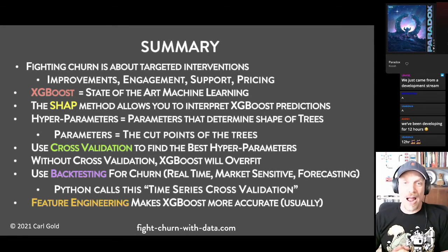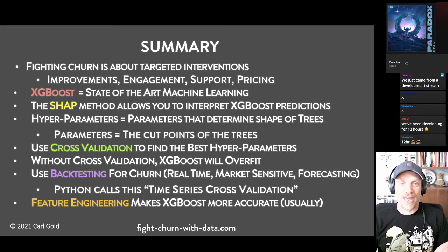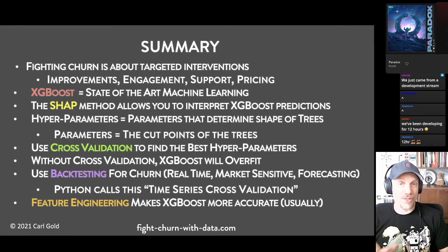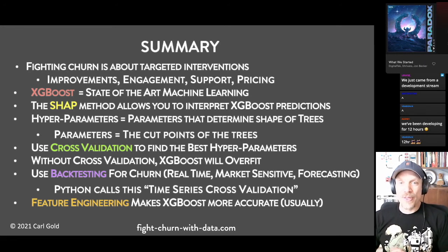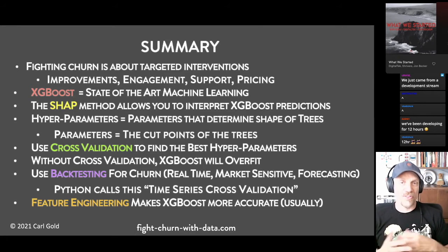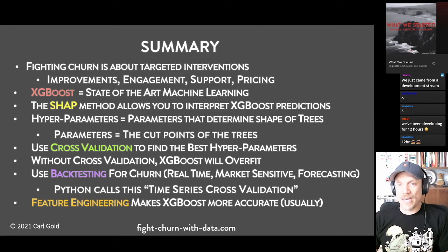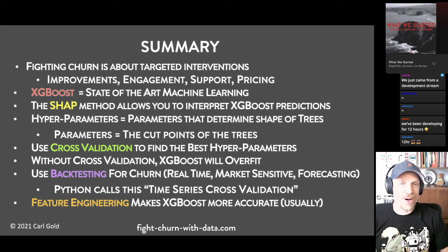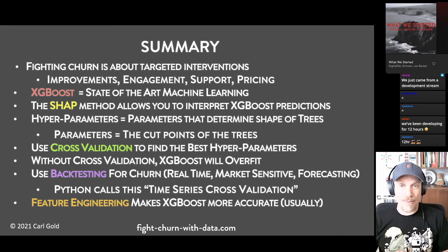So if a customer has a churn probability of 10% per month, and these are monthly churn predictions, their expected lifetime will be 10 months. Similarly, if a customer has a churn probability of 5%, their expected lifetime is 1 over 0.05, or 20 months. And I actually went into all of this in gory detail in last week's stream, so you can find it out there.